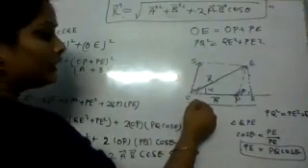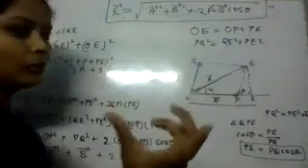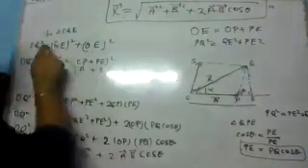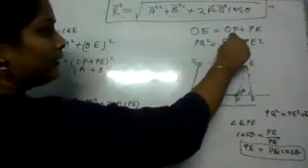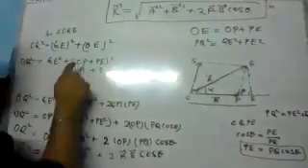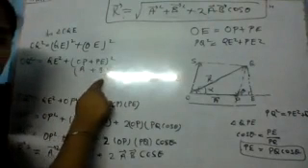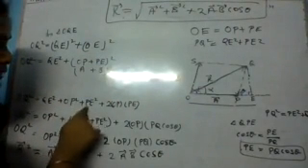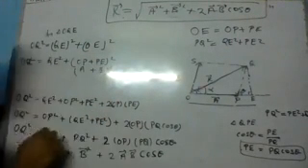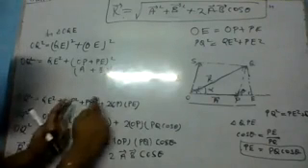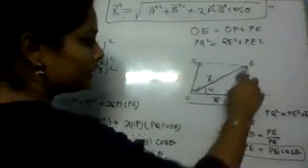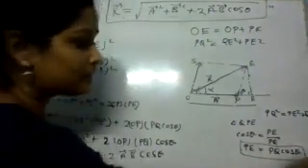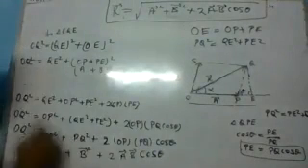Now from the triangle OQE, I can put the Pythagoras theorem. OQ square equals QE square plus OE square. In the place of OE, I can write OP plus PE. So I just put it here. Here I just apply the formula (A plus B) whole square: QE square plus OP square plus PE square plus 2 OP PE. Now I just take QE square and PE square in a bracket, because from this chota wala triangle, PQ square equals PE square plus QE square. Again Pythagoras. So I can put here PQ square.